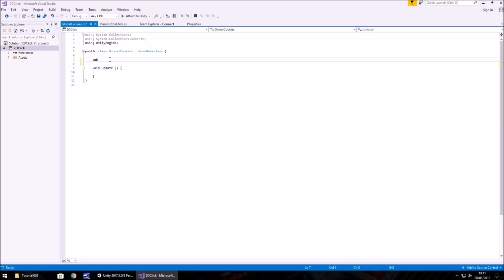And what we'll do is type public. We'll use the word static now. The reason we use static is because this is saying that we can access this particular variable from any other script. So for example, let's have this as an integer and we'll call it cookie count with a semicolon. Now we can reference this cookie count in any other script we create, which is quite handy for us. The next variable we're going to use is going to be public, and we'll do game object, and we're going to call it cookie display